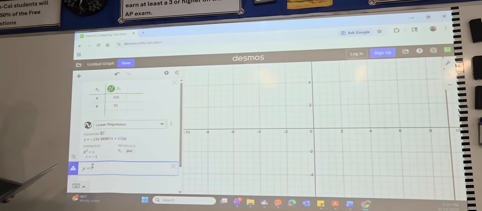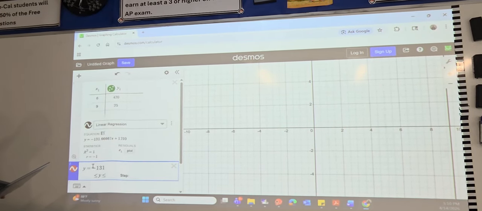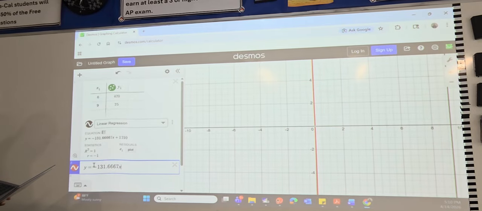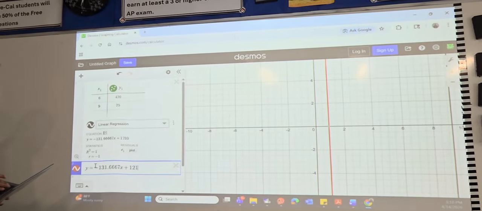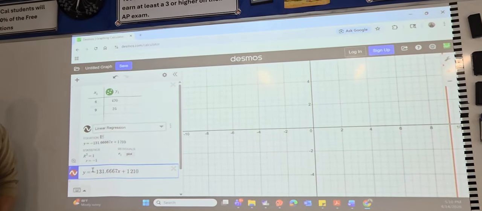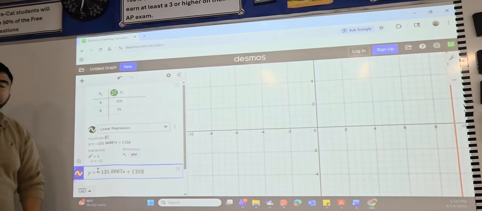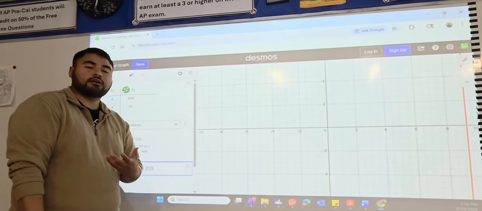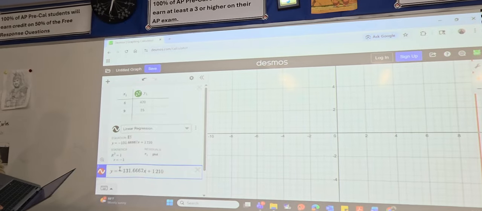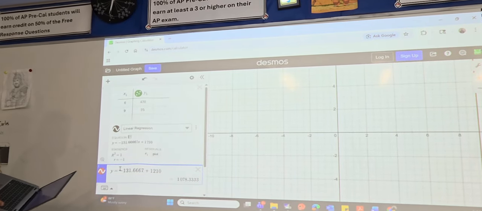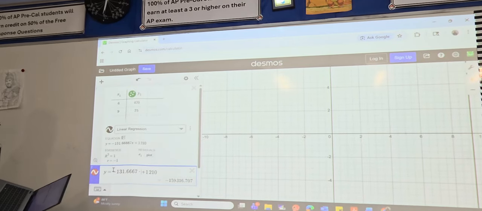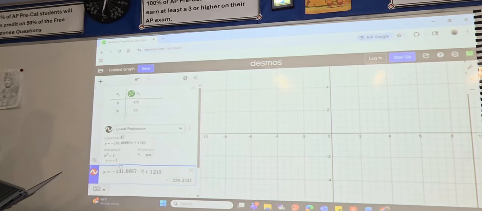I'm just gonna put y equals negative 131.6667 x plus 1010, right? So I literally just copied it. But our input, they want us to focus on what would be our output if t equals 7. So what you have to do is get rid of this x, because we're gonna input the 7. You press shift, press 8, you get that multiplication symbol, and put 7. There it is,